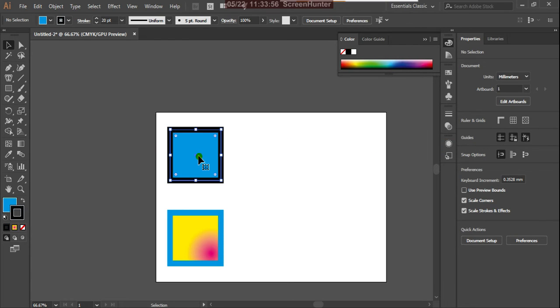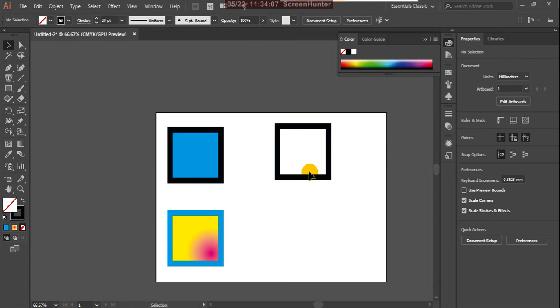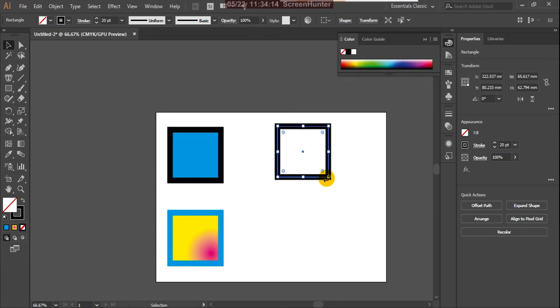This is my box, and here again I'm copying this by pressing Alt. These are the two, and here there is no color. So generally what we do, select this, and with the eyedropper tool, the shortcut is I. This is selected, and then click on this. Automatically this color is added to that.